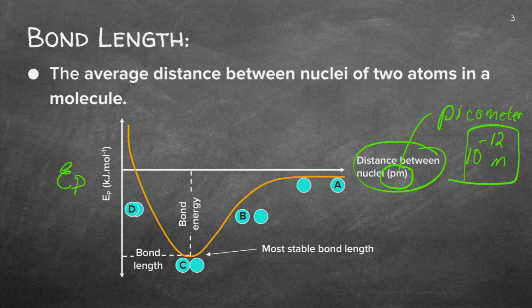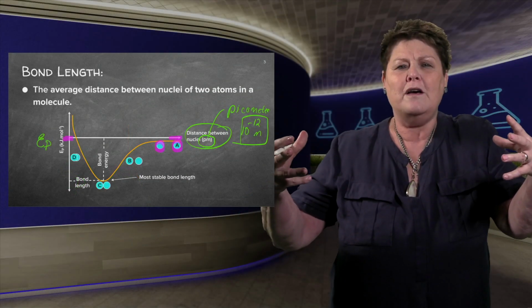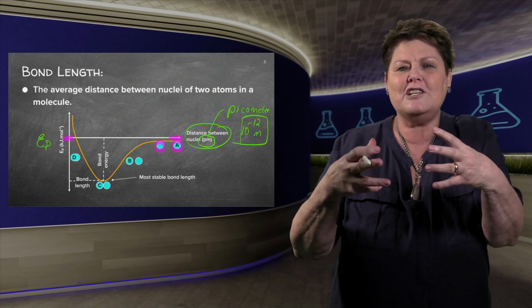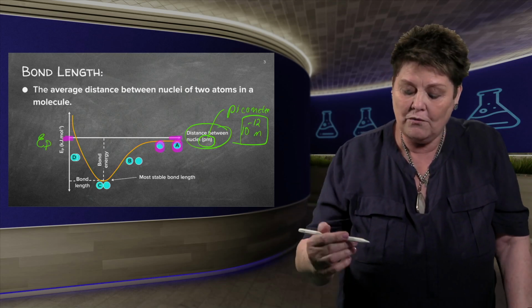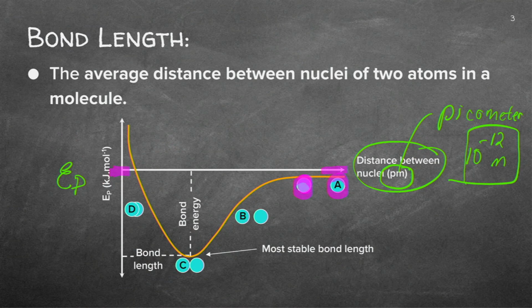Now, what we're going to do, we're going to start with the two nuclei further apart and then move them nearer to each other. So I'm going to start here where we've got position A, and you can draw these two there, and what you know, it's the lowest energy there. It's almost at zero. This is the zero potential energy. So here, when they are further apart, because they aren't near each other, nothing is repelling, nothing is attracting. They've got zero or very near to zero potential energy.